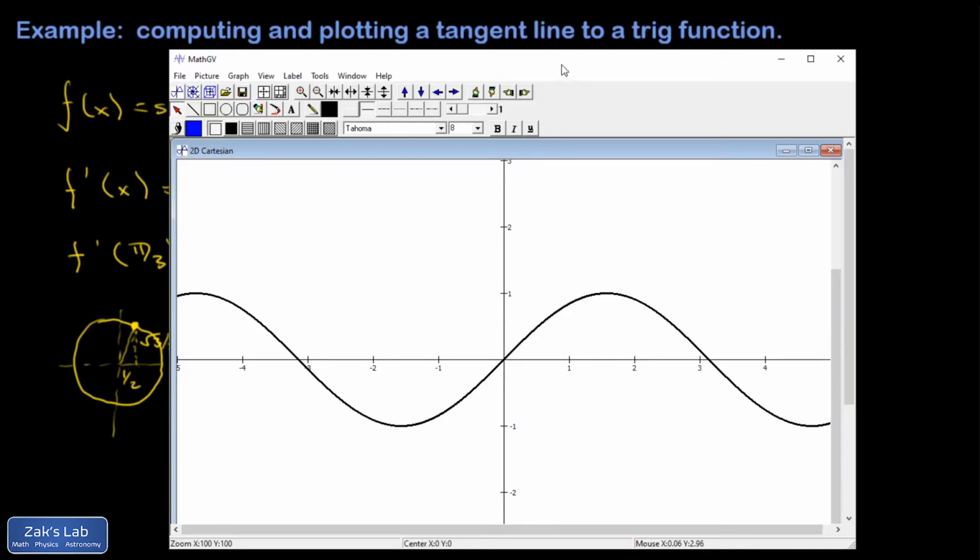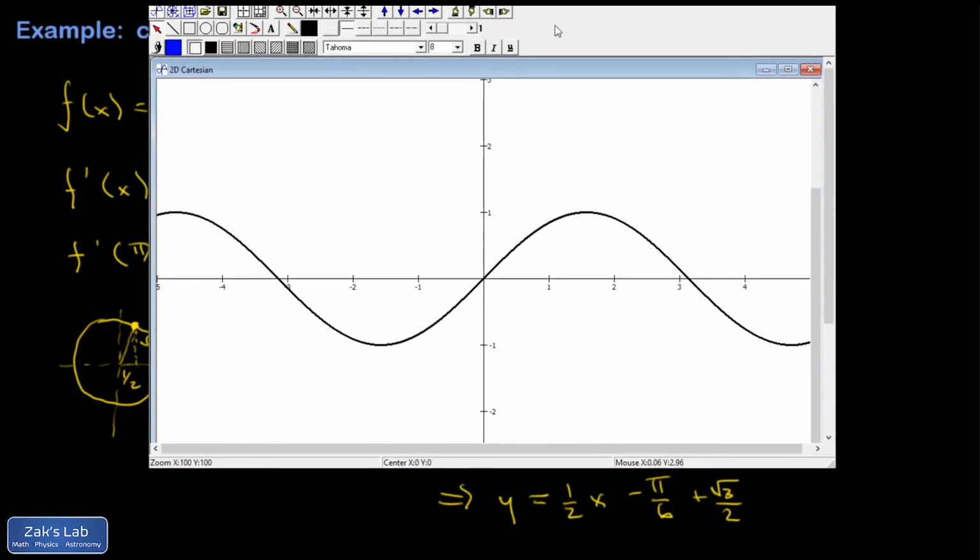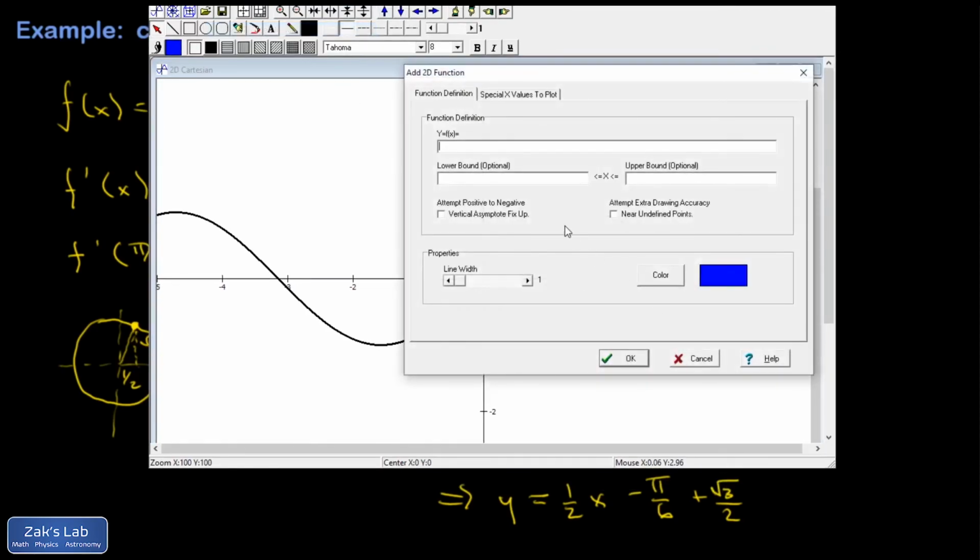I'm using a free program called MathGV here. I'm going to get a new two-dimensional function. So instead of 1/2, I'm going to write 0.5 because it's easier. So 0.5x minus pi over 6 plus square root of 3 divided by 2. We'll go ahead and make that a nice red color